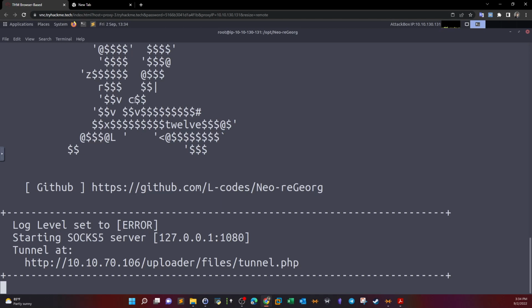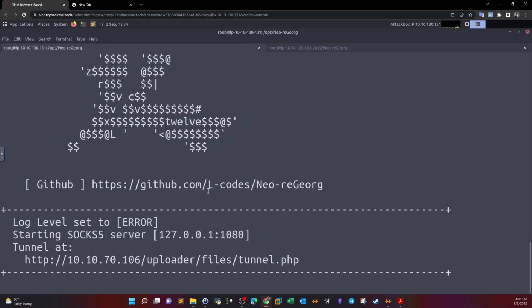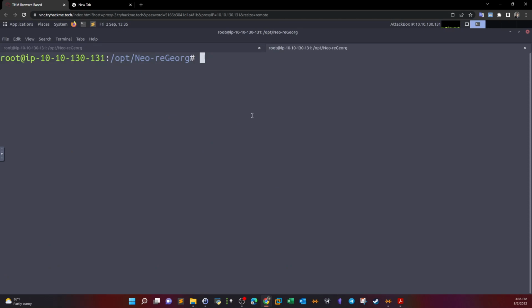Okay, so now how to start the exfiltration, or how to access internal resources on the network that wouldn't be accessible if we hadn't created the tunnel. From a new tab here, view, zoom in. Let's say we have a web server on the inside network that we cannot access without the tunnel. Once we establish the tunnel here, guys, we can access any internal network resource using the SOCKS5 server. So let's say curl